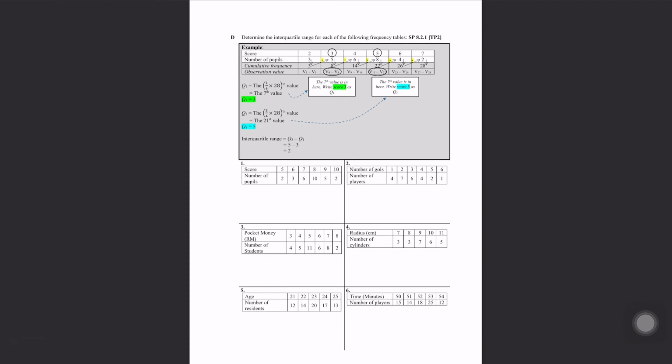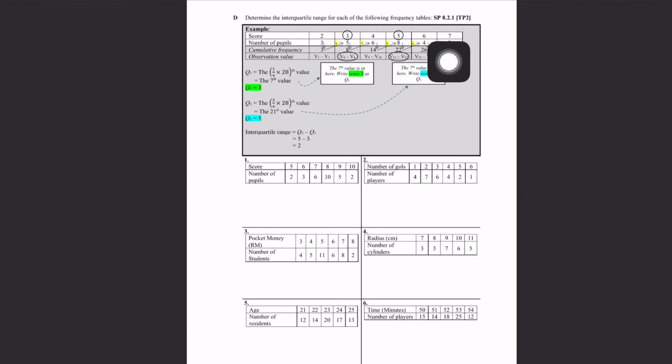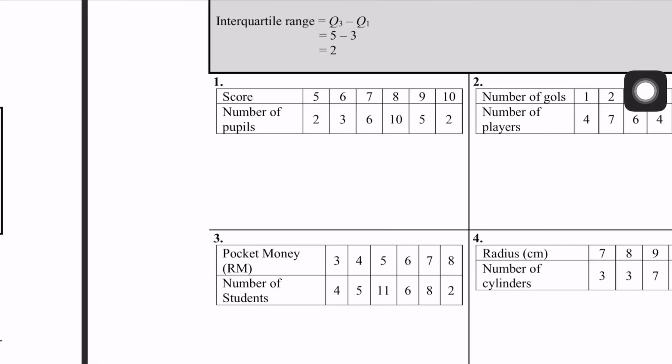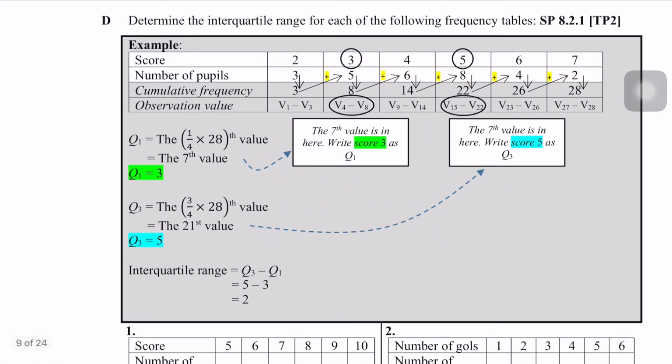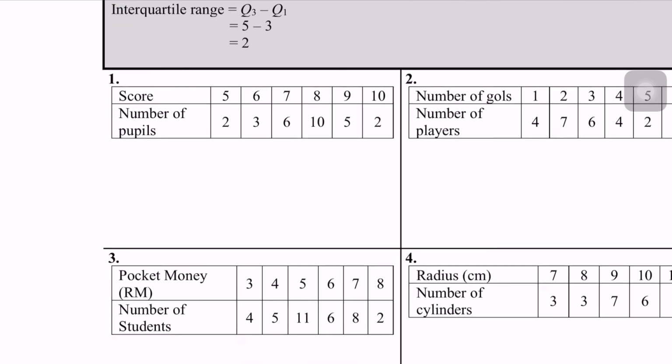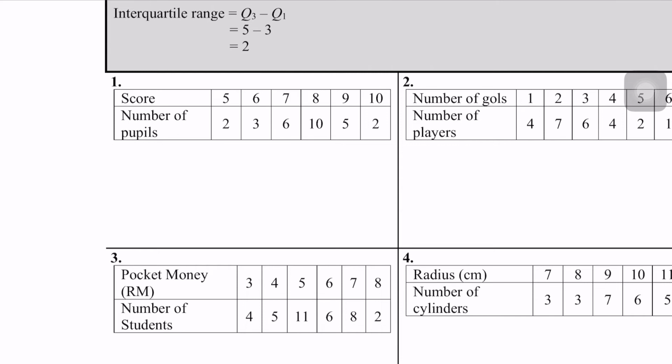Okay, next D. Determine the interquartile range for each of the following frequency table. Saya buat contoh ni, awak boleh tengok lah. Saya terus buat soalan yang pertama lah. So usually for this type of question, you need to add one more